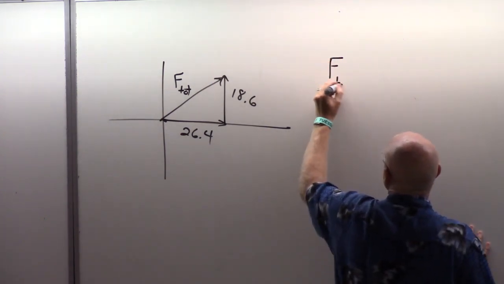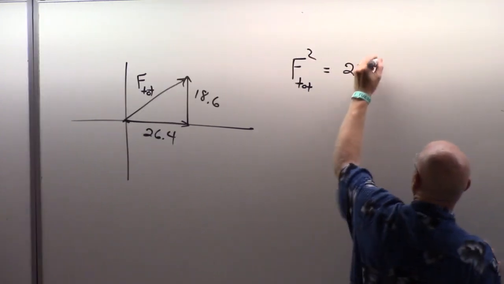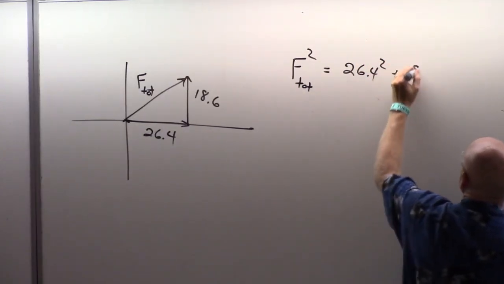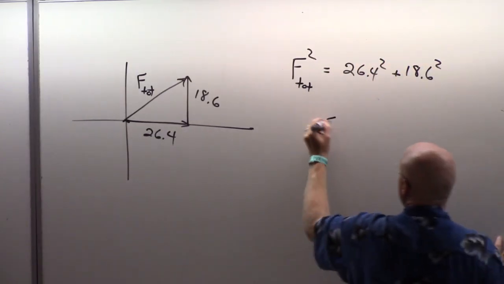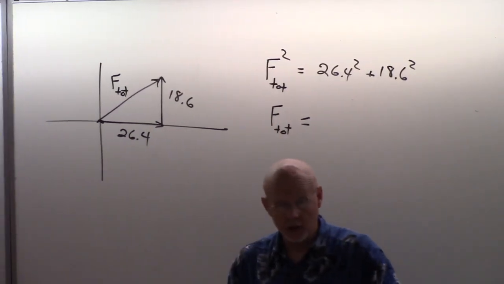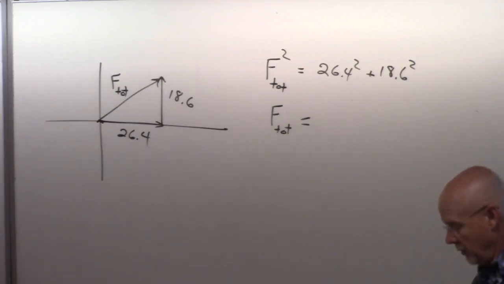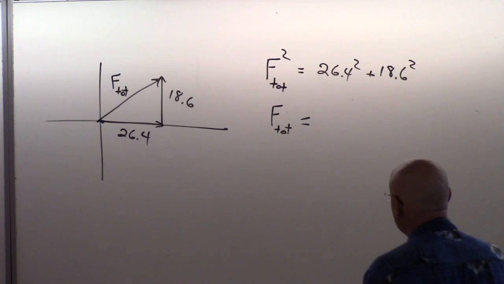So the magnitude of the total force squared would then be 26.4 squared plus 18.6 squared. And then after a little bit of calculator work, we can answer what that magnitude is. So 26.4 squared plus 18.6 squared, enter, and square root. And we're looking at about a